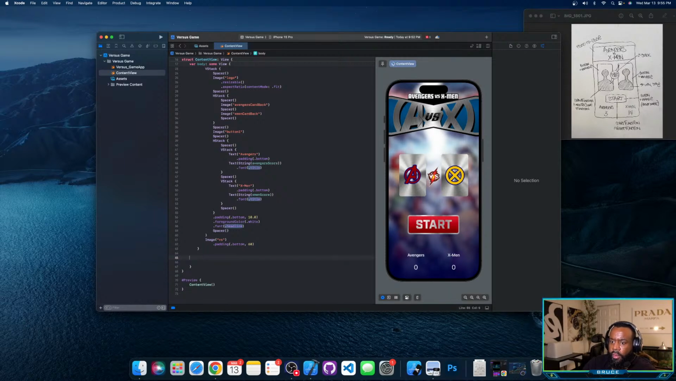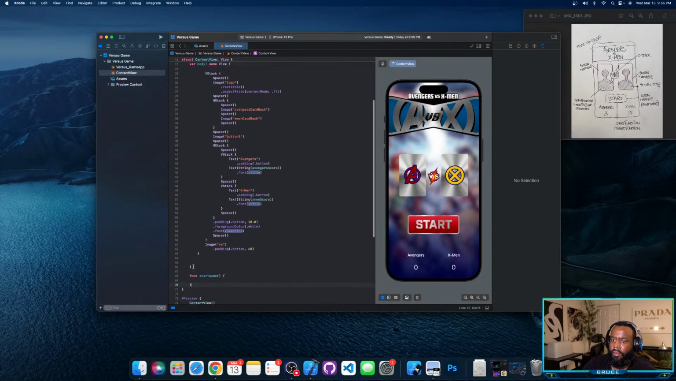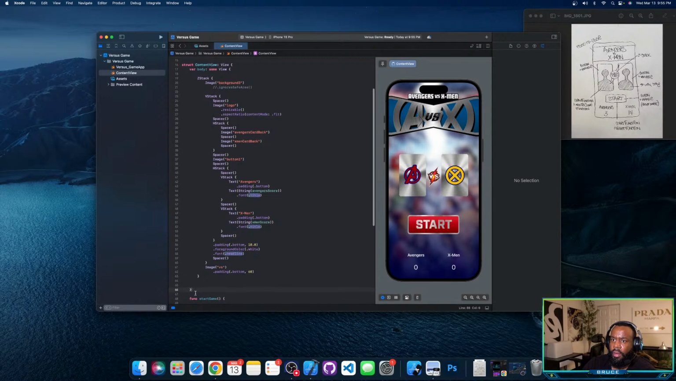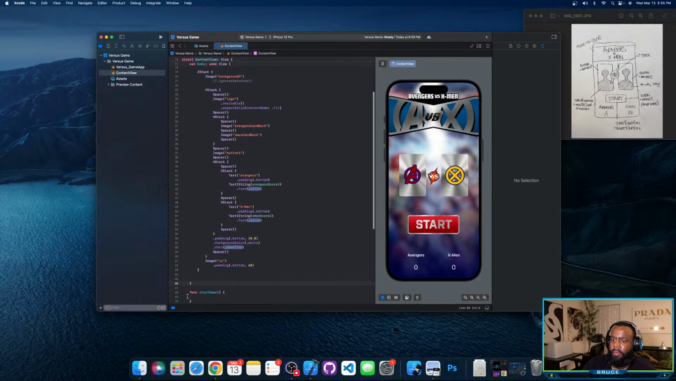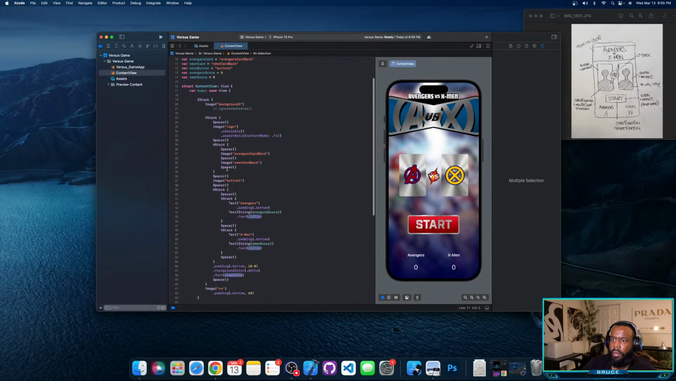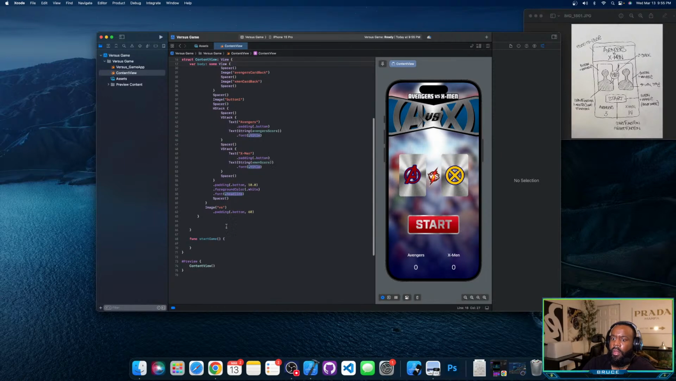Okay, let me make sure this error isn't just because we're in the wrong place. And it was. So functions are supposed to go not in the body, but in the content view inside the struct. Yeah, inside the struct. Okay. So func start game is going to be